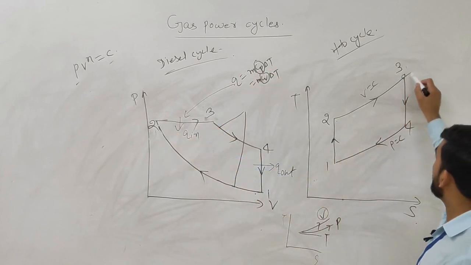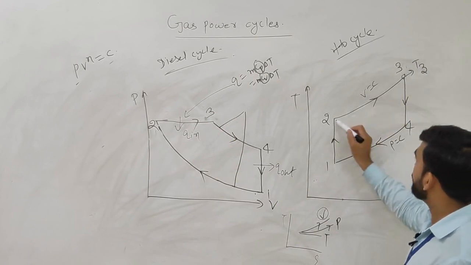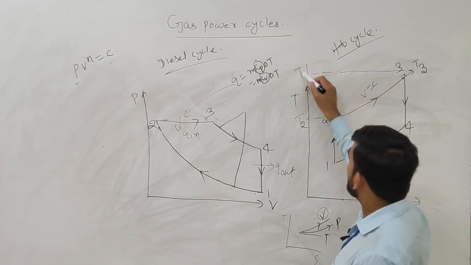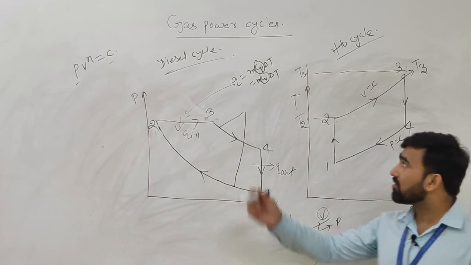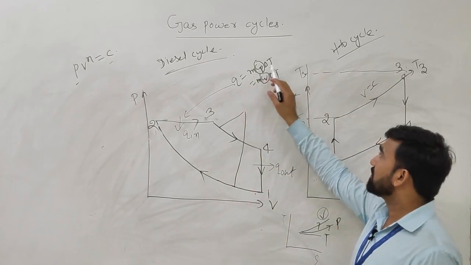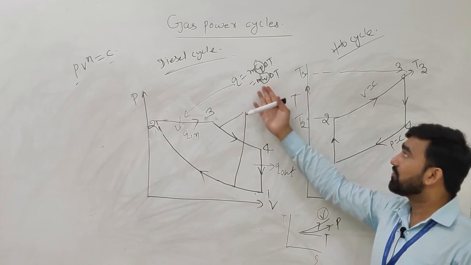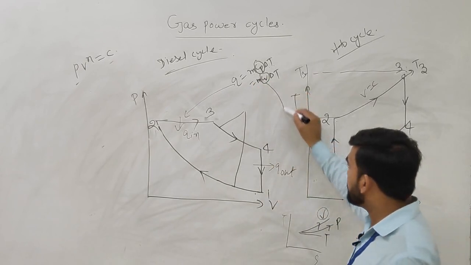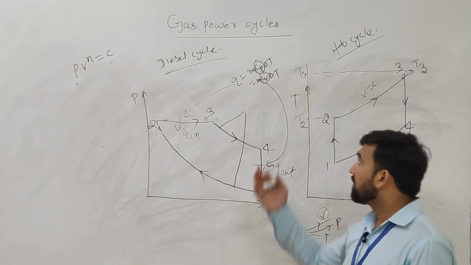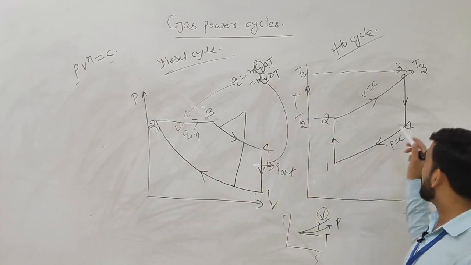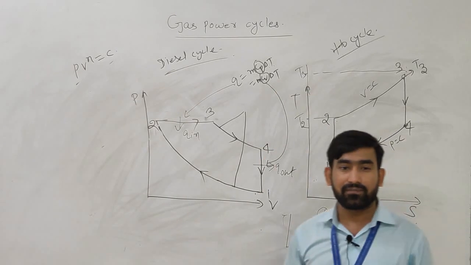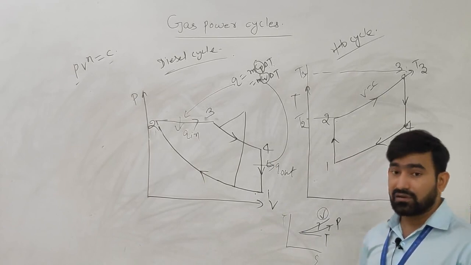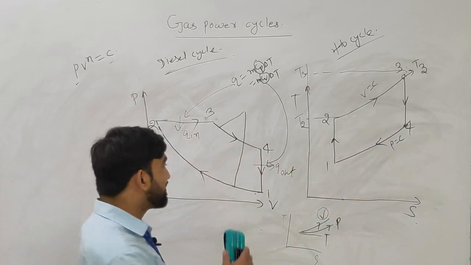So we will see at 3, this one is the temperature, and this one is the temperature at 2. This is T2 and here it is T3. T3 is higher than T2. So we can write Q equal to m Cp (T3 minus T2), or m Cv delta T we can apply for constant volume. So here Q out is constant volume, so we can apply this formula here: m Cv delta T, where delta T is temperature 4 minus temperature 1, because temperature 4 is higher than temperature 1.